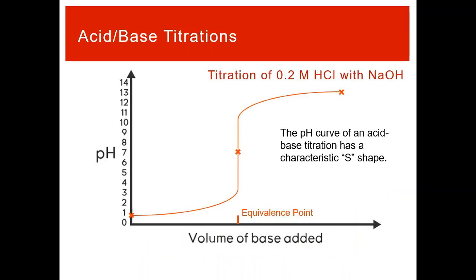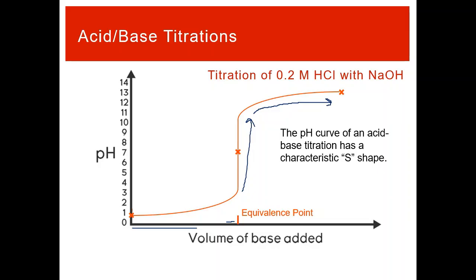Functionally, this makes the pH curve for a titration look like an S. As you start to add your base, the pH does not change very much. It does go up. The pH will constantly be increasing in a titration. You're adding base, the pH should increase. Then once you get close to the equivalence point, there is a sharp and large jump in the pH at that equivalence point. And then it flattens back out and doesn't change much as you add more and more base